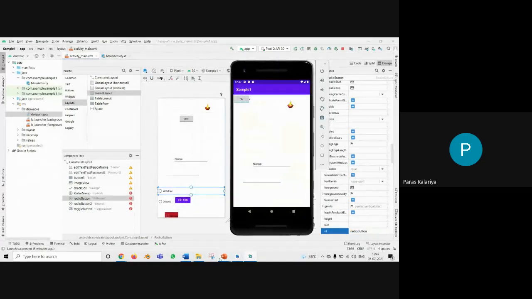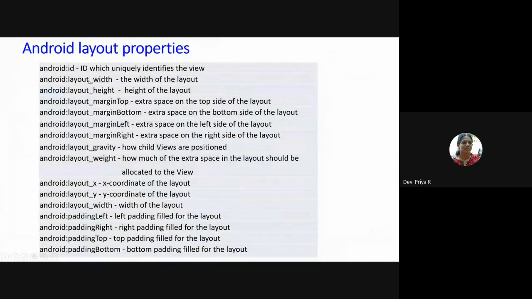Ma'am, exactly I'm not getting. Okay, sir, I'll explain it clearly. This layout width and height is with respect to the phone size that you are choosing. How exactly your layout should be positioned in your phone. And this one means inside your layout where your objects should be started. So how much extra space should be left on your right side, top side, bottom side, and all those things. Got it, sir? This is with respect to the phone size and width, and this is within the layout.